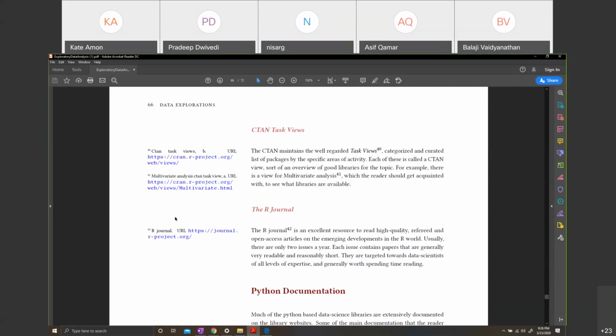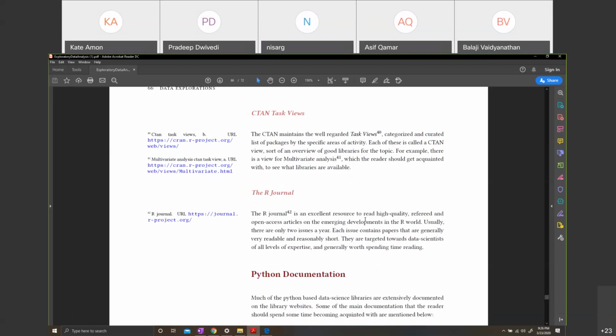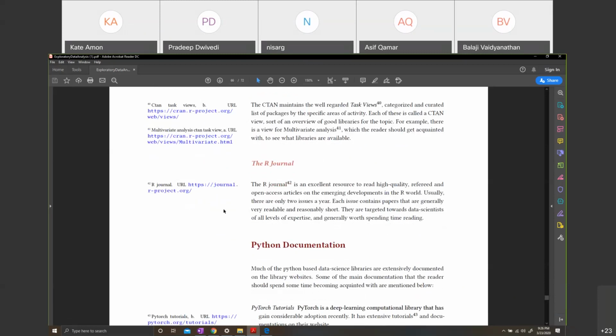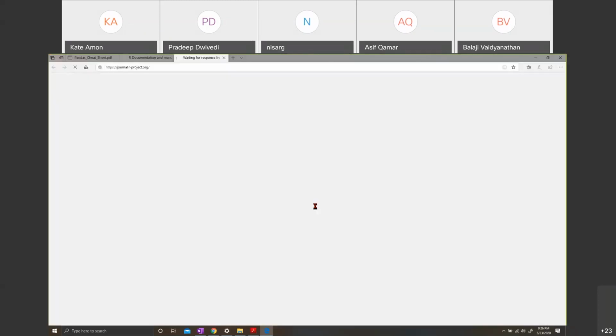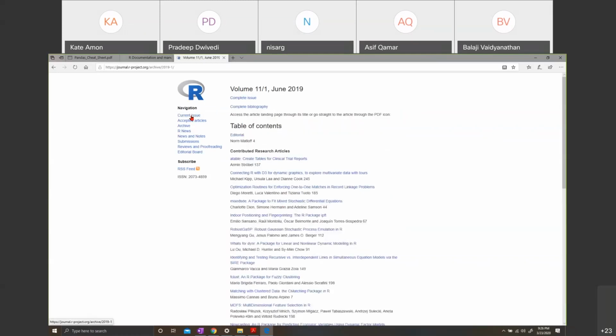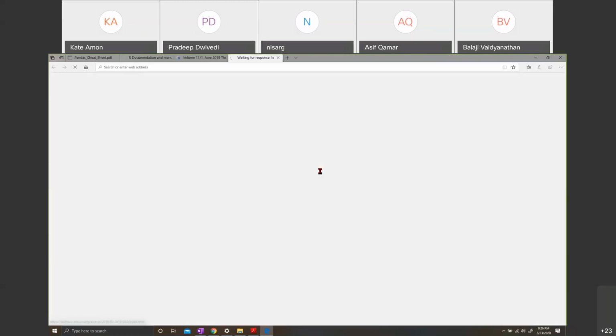Not only are they there, somebody has taken time to put it together. There is a lovely journal that comes out about twice a year. It contains articles, and those articles are generally high quality. Let's go and check what is there today. Journal, right? So let's look at the current issue. How do you connect R with D3 for dynamic graphs? Oh, very good. D3 is very, very popular. Let's go and see what these people have done to connect R with D3.